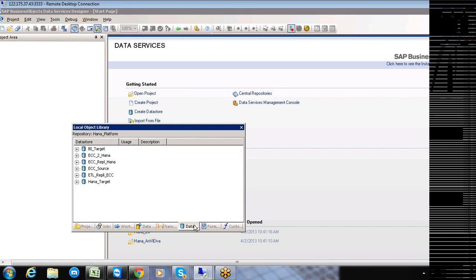So those are the two connections that we started establishing yesterday. I hope everybody, including the newcomers, has understood the concept of what exactly a data store is and why we should make the connections, what a project is, what a job is, how many types of jobs there are, what a batch job is and what a real-time job is. Are those concepts clear to you, or do you have any questions? Please let me know.